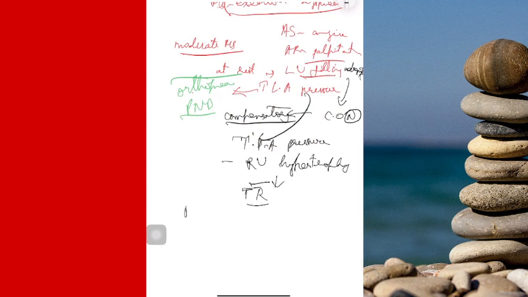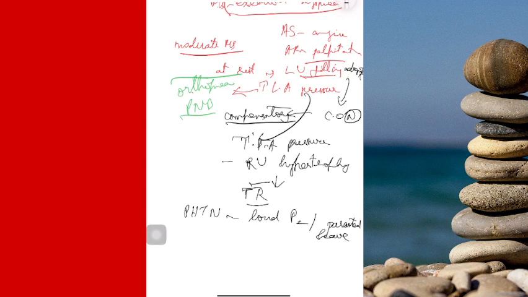So what are the features of pulmonary hypertension? You can have a loud P2, you can have a palpable P2, or you can have a parasternal heave. Parasternal heave is an inspection finding which you see in the patient, and if his right heart is hypertrophied, it is going to push your sternum or the area near your sternum. It is going to come out with every single heartbeat. So that is basically parasternal heave.